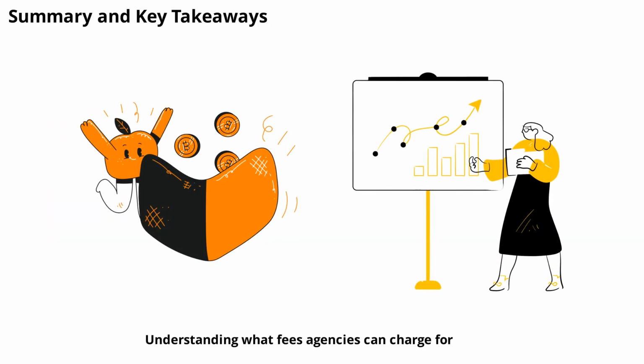Understanding what fees agencies can charge for records is essential for anyone seeking public information. Fees can include search, duplication, review, and special handling charges, among others. By reviewing agency policies, requesting estimates, and narrowing your requests, you can manage costs and ensure a smoother records request process. Remember, transparency and communication are key to